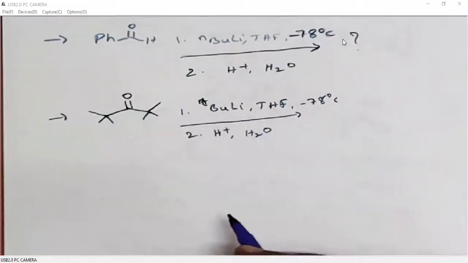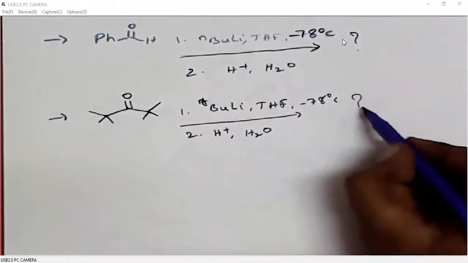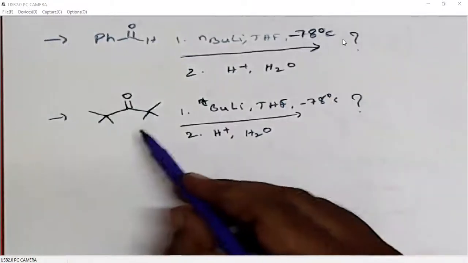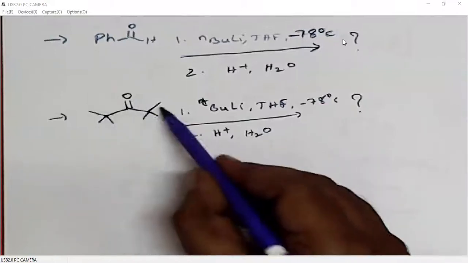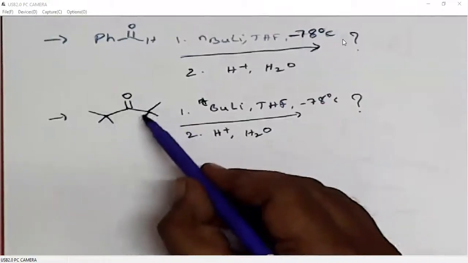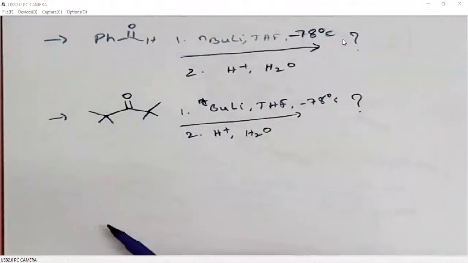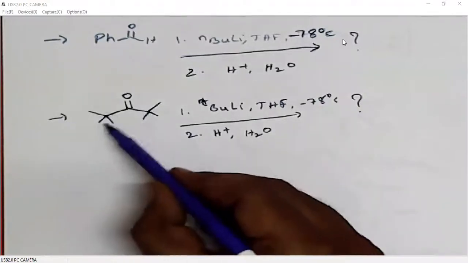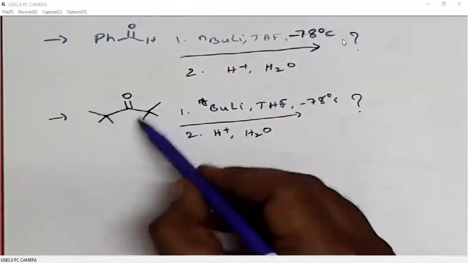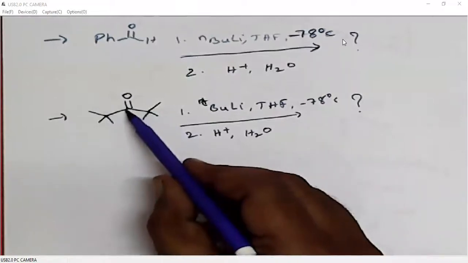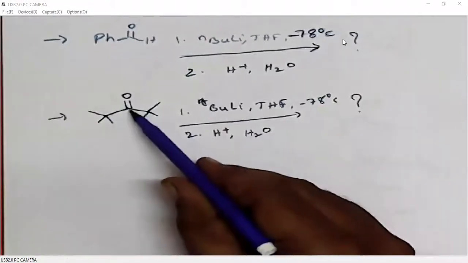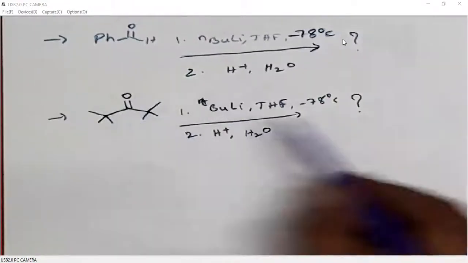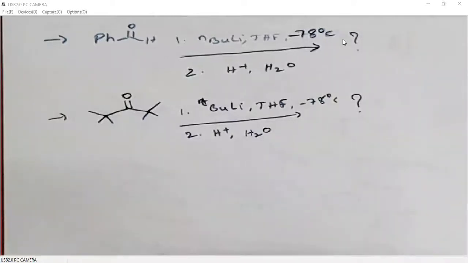Because alkyl lithium reagents are strong nucleophiles, they will undergo nucleophilic additions to the carbonyl carbon, even one having sterically crowded substituents. So though there are two tertiary butyl groups which create a large steric crowding around this carbonyl carbon, still the tertiary butyl anion will undergo nucleophilic addition to this carbonyl, so it generates an alcohol. You predict the product.